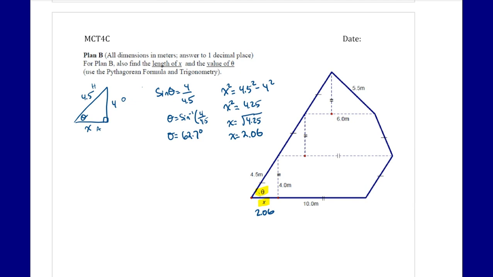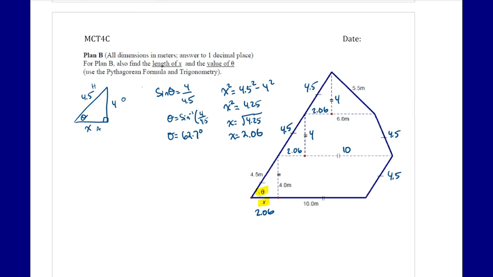And if I look at this shape, there are a lot of dashed lines on the sides, which helps us find other information. Right? So rather than labeling every side here 4.5, 4.5, 4.5, we can tell that in these triangles, these sides are all the same. Same thing with the solid double dashes. These are saying that these heights are 4. These thinner dashes, so this is 10, so that means this is 10. We see 4.5 on the other side here. And because we have triangles that are all the same going up, we know then that at the bottom, this base is 2.06, 2.06. So use this information to go through and find the perimeter of this shape as well